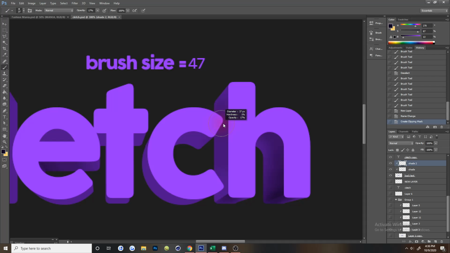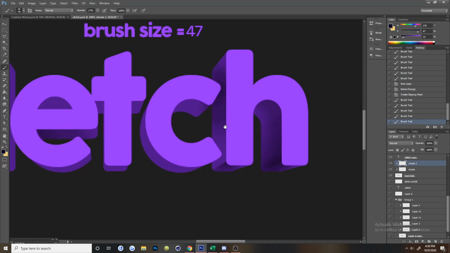Here, for example, I'll start from smaller, so I'll dab over here, because that's where shadow can't reach the most. Then I make it slightly bigger, and dab over it like that. So it's kind of like painting, basically. Like that. And obviously it doesn't look perfect, but